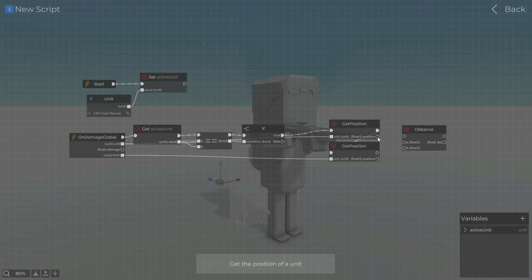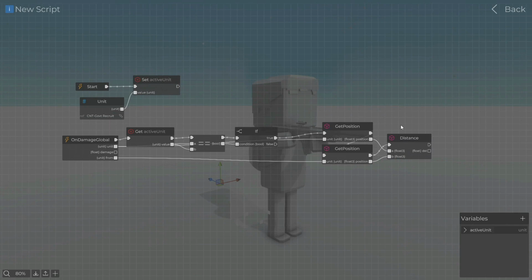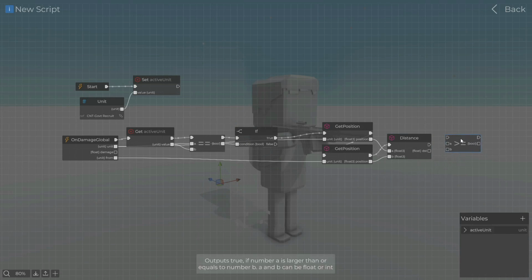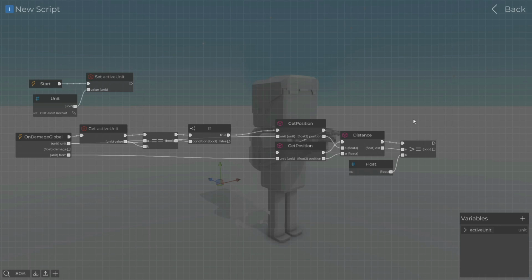We now need to get the distance between those two positions. And depending on how big of a distance it is, this guy will either stay standing, crouch, or go prone. The distance will also affect how long he stays in these positions. So we'll just say if the distance is larger or equal to 60, this will be when he has the highest chance of lying down, but he also can crouch. So if the distance is larger or equal to 60,